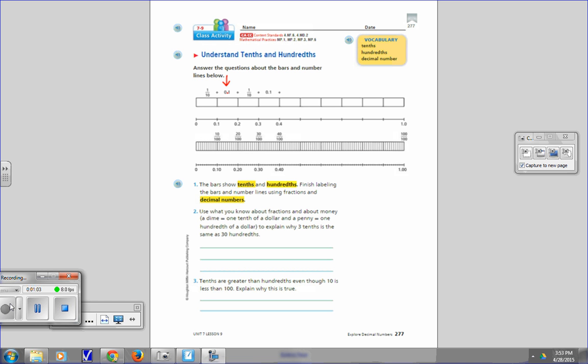reading of decimals. I want you to continue labeling these number lines. They've started this for you. They've done it with fractions and decimals so that you kind of get the hint here. So what should the next one be? 1/10. So there's 1, 2, 3, 4, 5, 6, 7, 8, 9, 10 pieces. So 1/10,